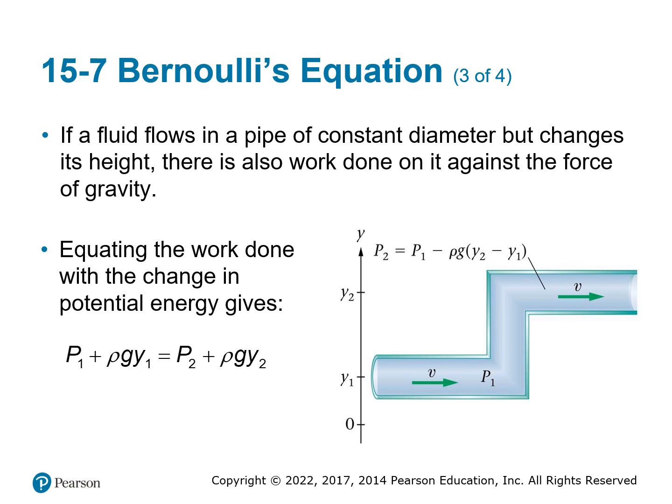If you have fluid flowing in a pipe that has the same diameter, but it changes the height, work is also being done. It's just against the force of gravity, right? Think back to work and the change in potential energy, which relied on height. Same concepts here. So you can have the pressure at point 1 plus the density times gravity times height 1 is equal to the pressure at point 2 plus the density times gravity times the height at point 2. So it's relating the gravitational potential energy of the fluid based on the height of the pipes.